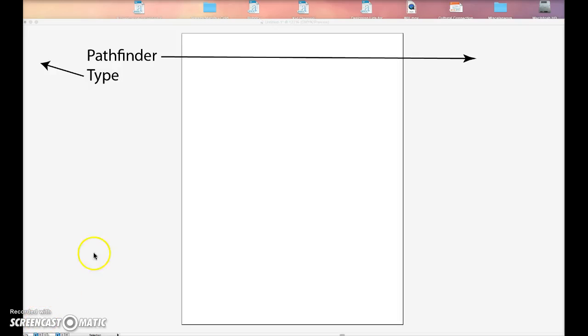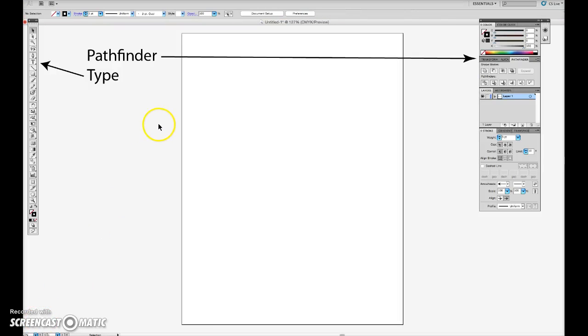Welcome back, students. For this lesson, we will be learning the Pathfinder options in Adobe Illustrator and also the type tool. So for starters,